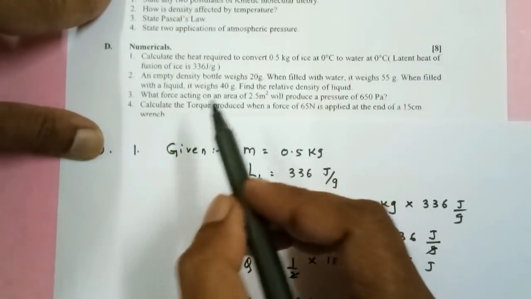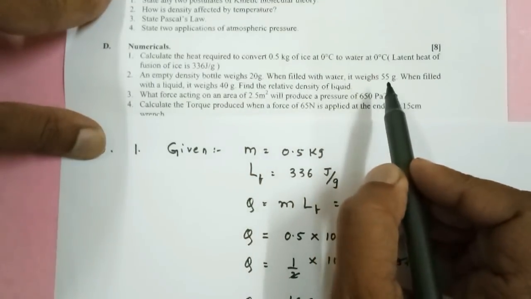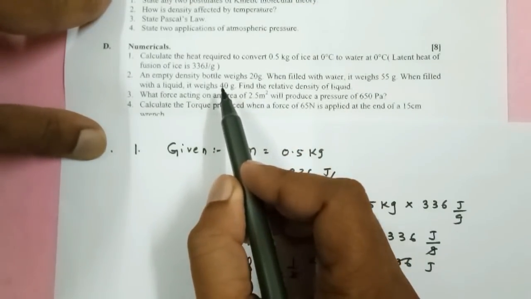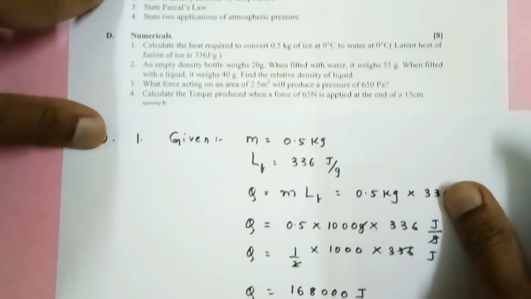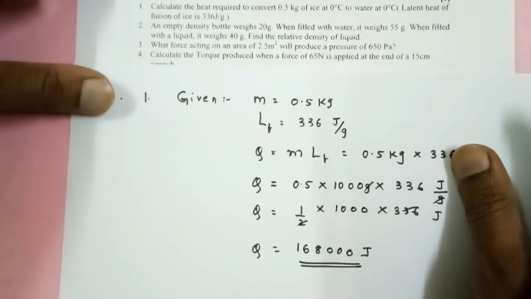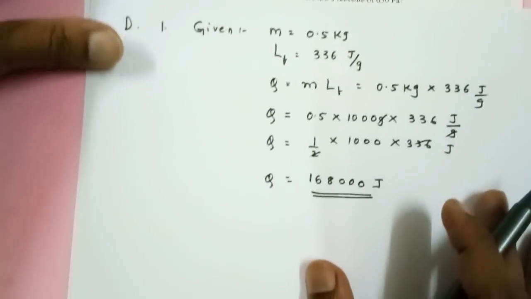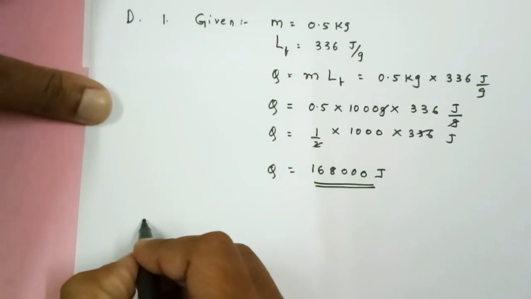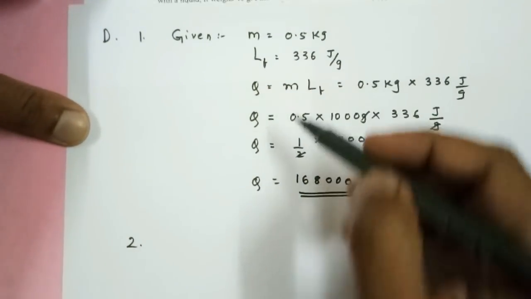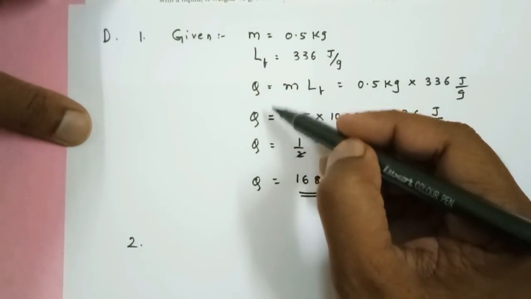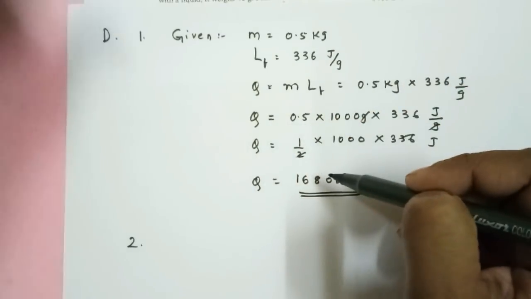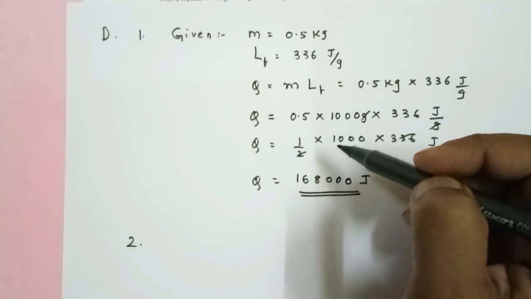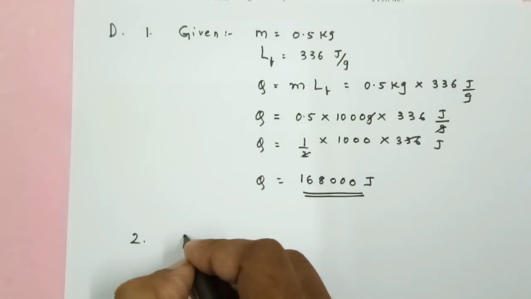The empty bottle weighs this, then filled with water weighs this, filled with liquid weighs this, and relative density of the liquid is to be found out. So again, number 2, if you write down the given and then solve the numerical, it would be more appropriate. So relative density for the liquid